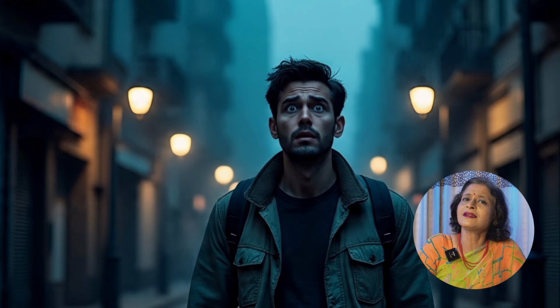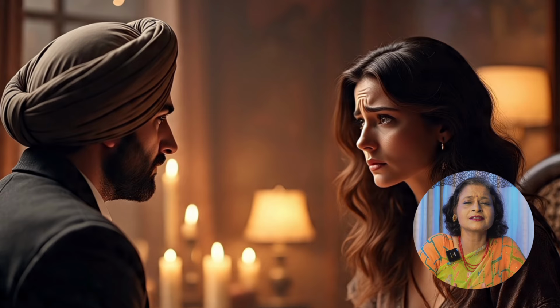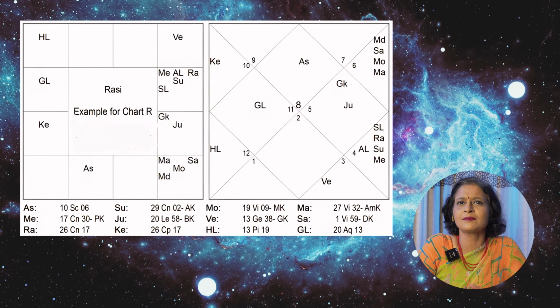Sometimes we feel that one part of our life is not happening, and that house which is supposed to give result is not giving result. It's not so. The house is supposed to give result, the planet, the nakshatra is supposed to give result. It will. It may not happen to you, it can happen to somebody else in your life, or it can happen in a very diverse manner so that you may not feel that it's happening at all. But it is happening. For instance, let's take up this chart.